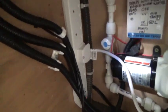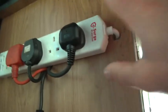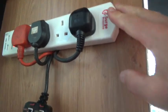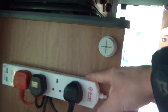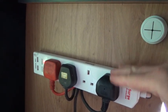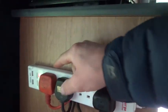is connected to the 3000 watt inverter. Now that lives down here. We can see it in there. This power lead is currently running up, and then it goes into this cupboard and comes back out and is actually the other end of this gang plug here. So onto this, which is currently being powered by the inverter, you've got your microwave, your toaster, and then this